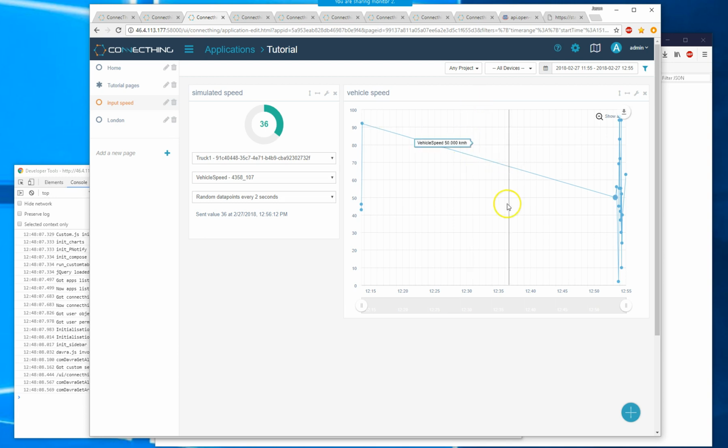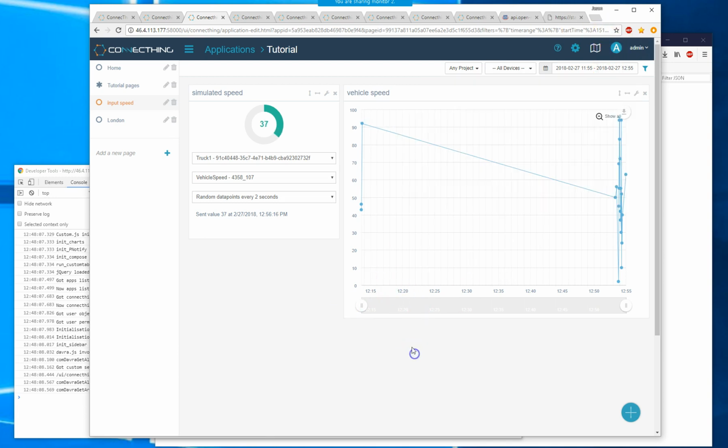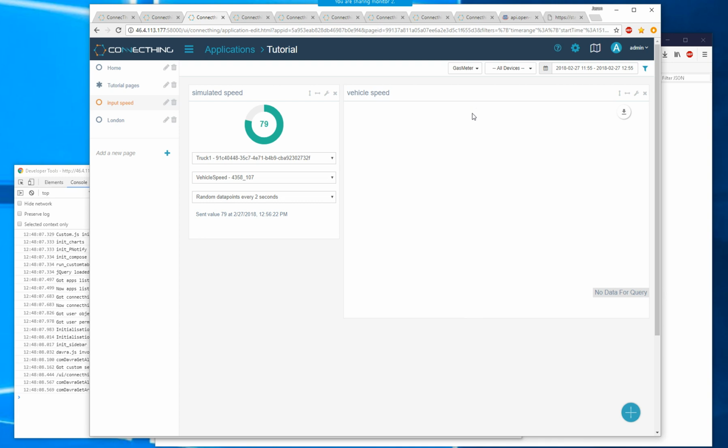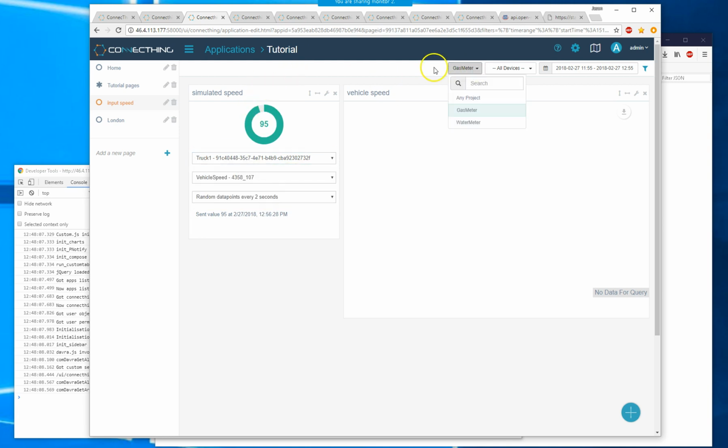Well, if I click any project, we'll see it, but okay, so that data depends on which label anyway,